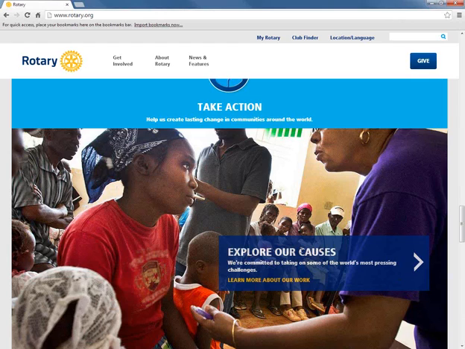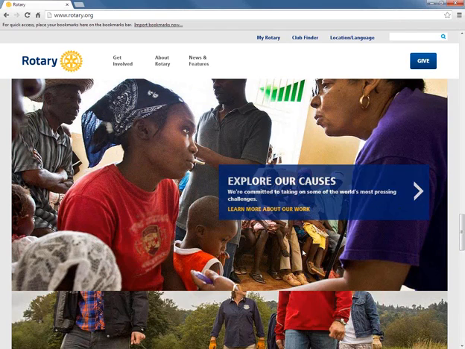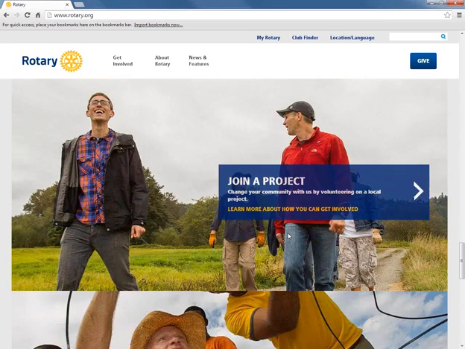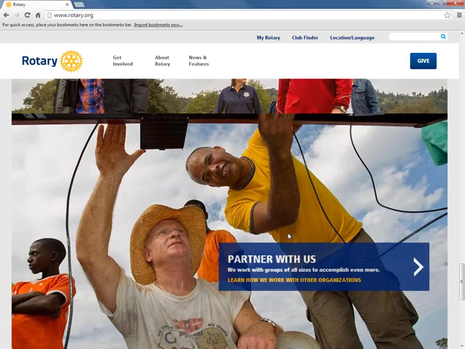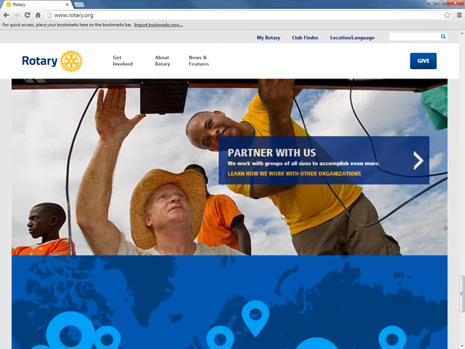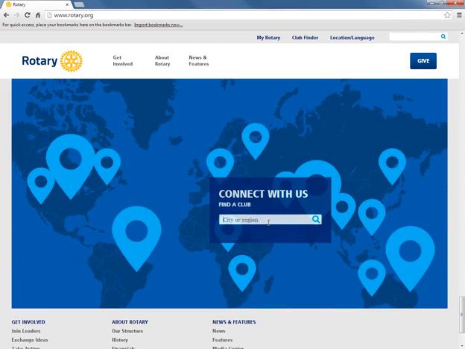Now, we've talked about leaders in your community. We've talked about them exchanging ideas. But we also want them to take action. That's a big part of what Rotary is all about. And as you continue down, you can begin to explore our causes. You can look for projects in your community to potentially join up with a club in your community and participate. And lastly, if you're another nonprofit and you want to partner with the organization, we give some guidance as to how to reach out and begin to connect with Rotary.